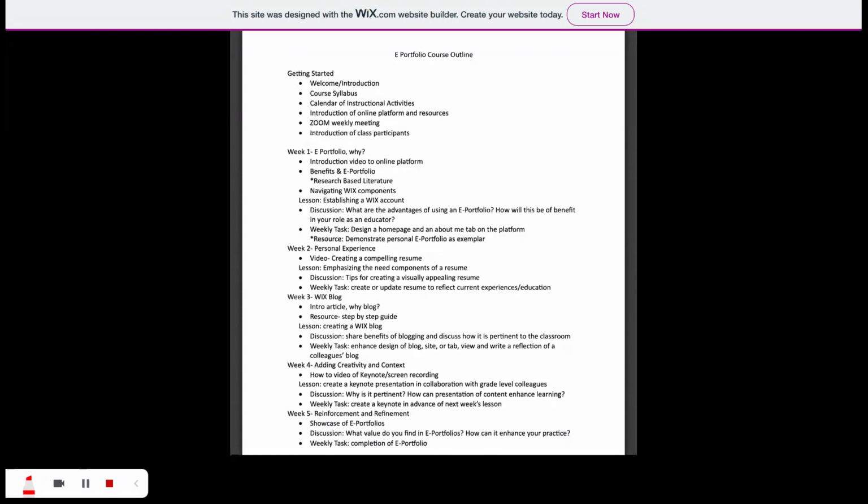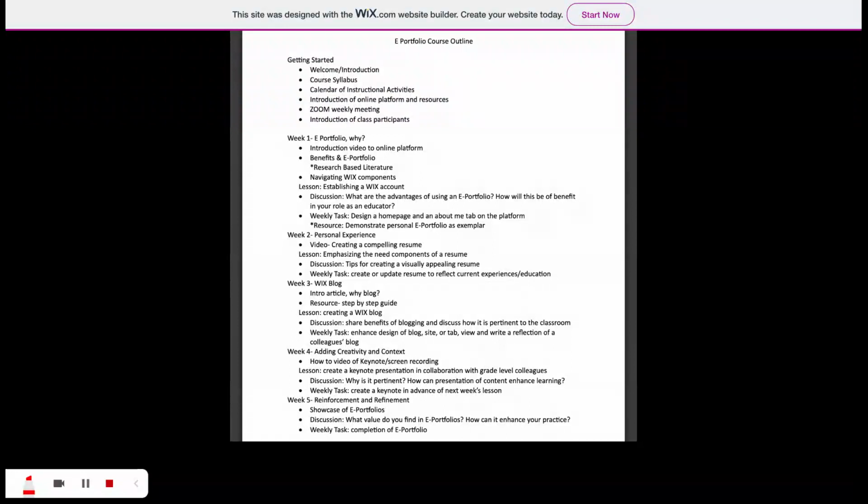Week 4, we will be adding creativity and context to our e-portfolio. As I mentioned, we can use our e-portfolio out of the classroom at an interview perhaps, or in the classroom. As week 4, we will discuss how to use it in the classroom, such as embedding a keynote presentation, a screen recording of such presentation to target the needs of each student or a group of students in your classroom. Students would be able to access at home, in the classroom,